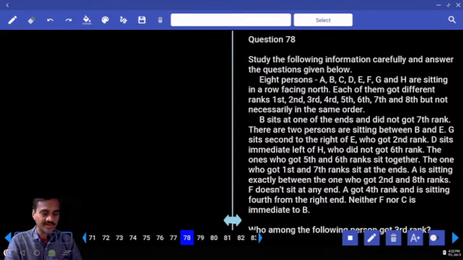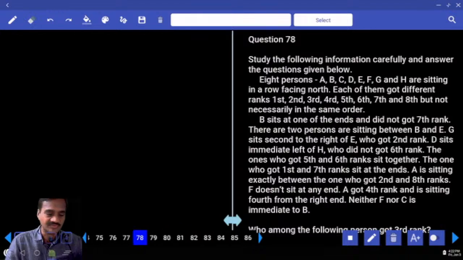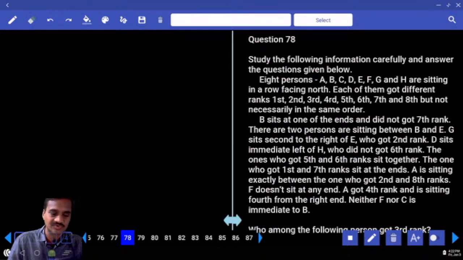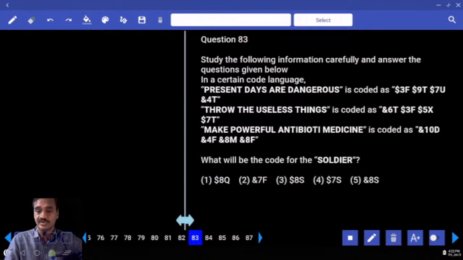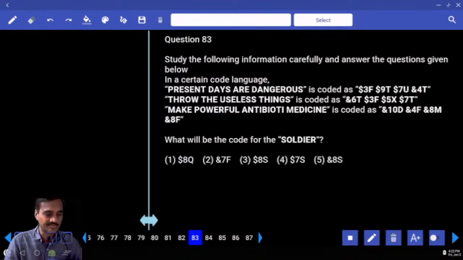Okay, then next one. 78 to how many questions were given under this one? 78 to 82. Then 83 onwards. Now in this question number 83. Any answer to this one, 83? Now it is based on